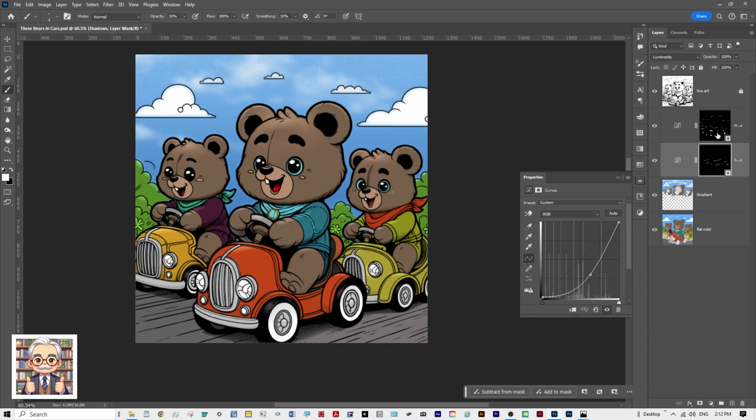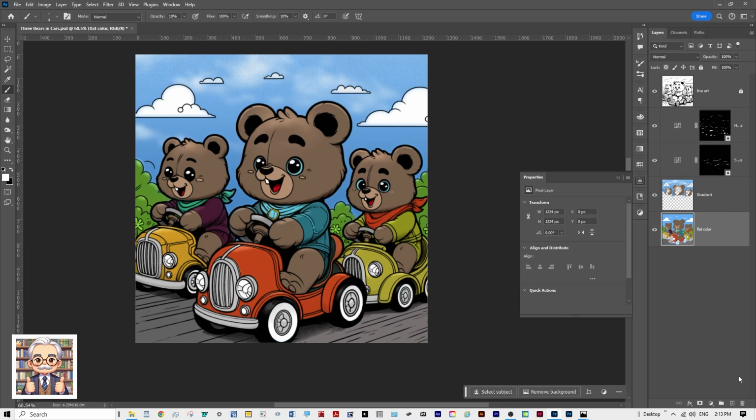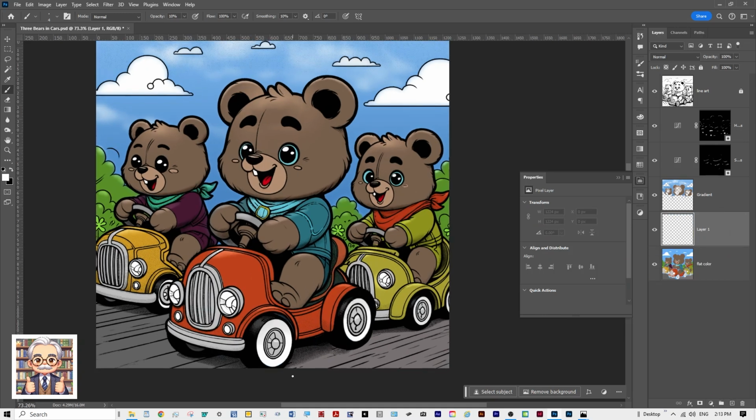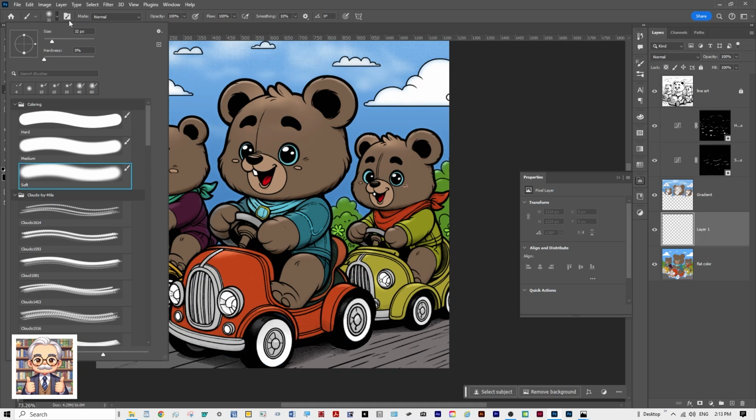If you wanted to dial back any of those adjustments that you made, you could just decrease the opacity and it will diminish. It will have less of an effect on the overall piece. Now, one thing I want to do above this flat color layer is add another layer, because I want to make a vignette. So let's get black as our color, a soft brush,